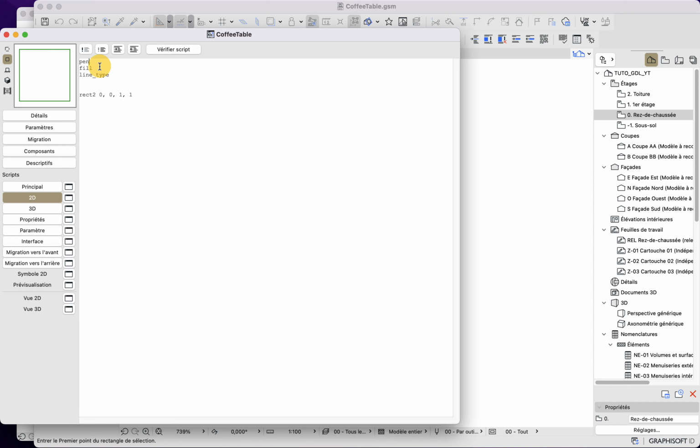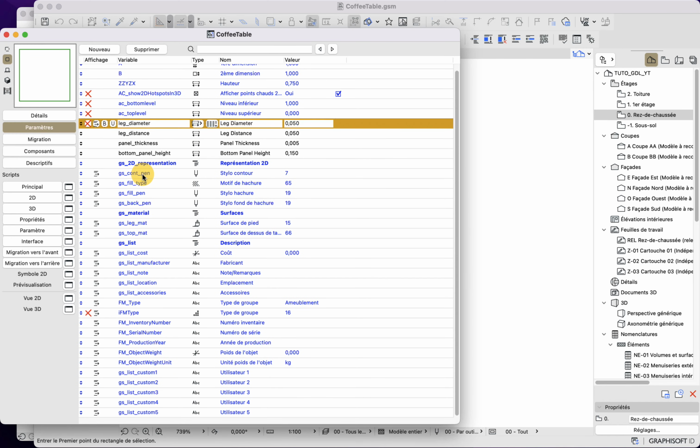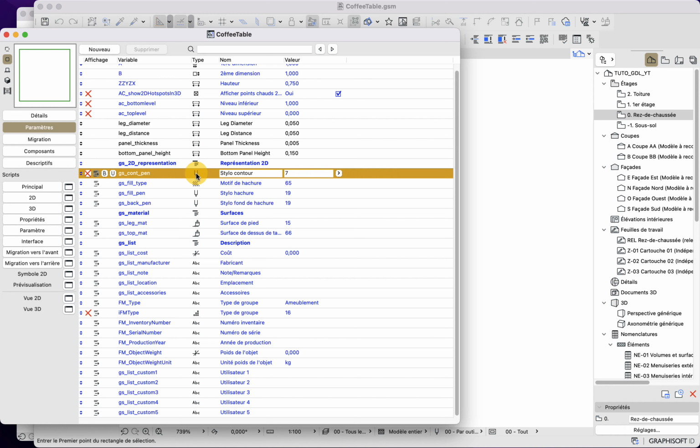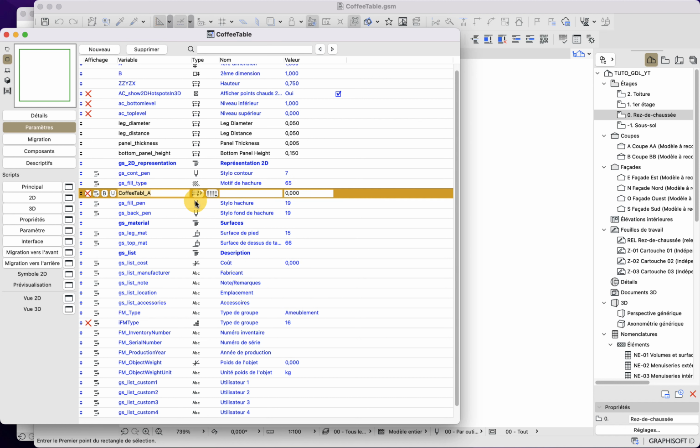So now I need some arguments for my 3 methods. I go into my parameter list. I can see that I have a pen type parameter and a fill type parameter. What I want is a line type parameter, which doesn't exist, so I will create a new parameter that I will call GS line type.